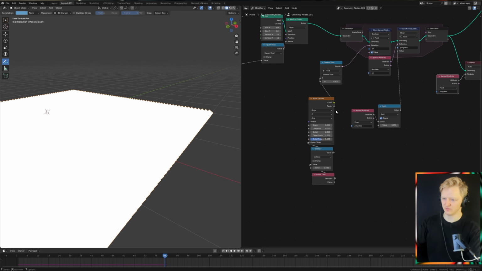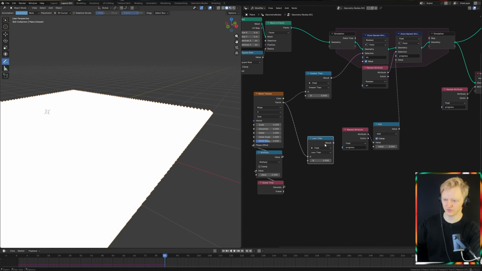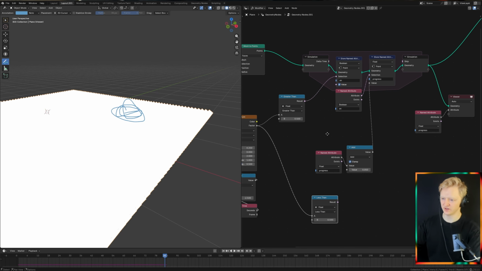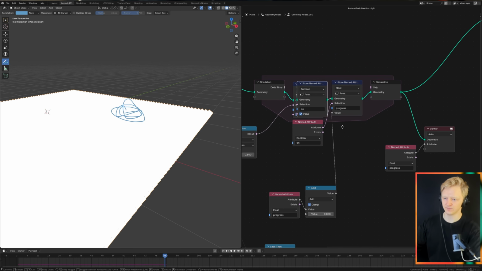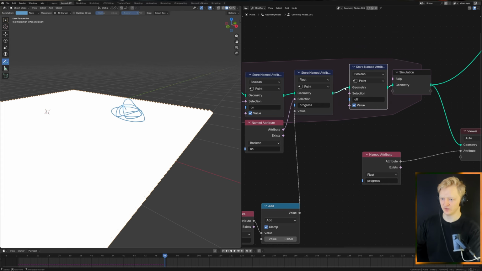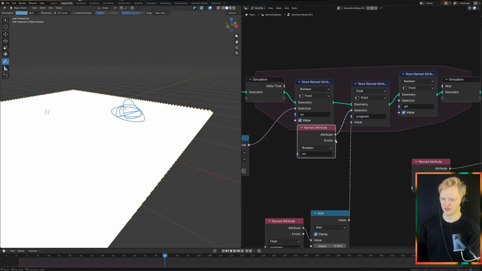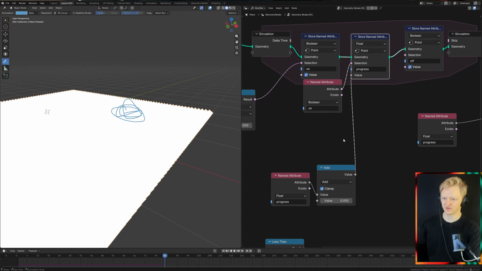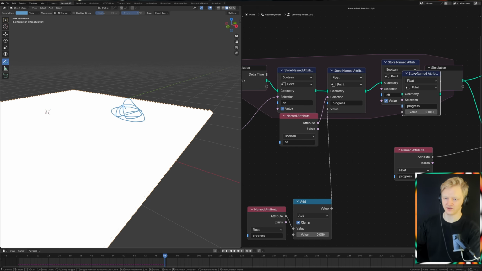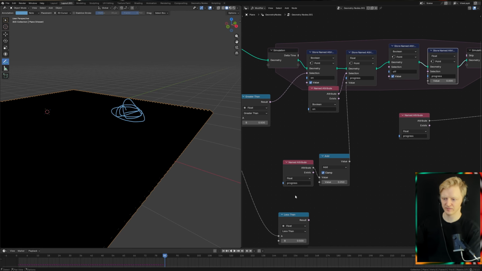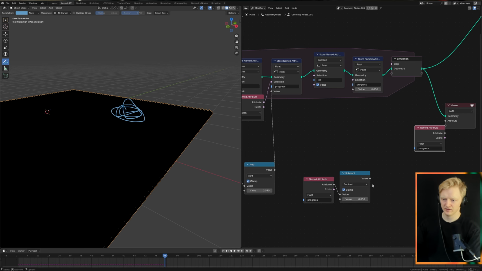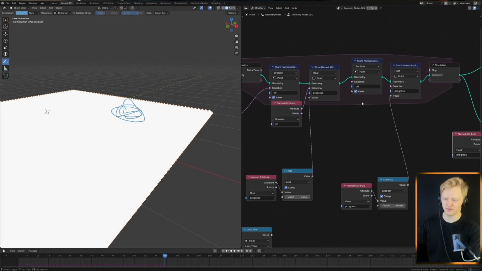We need it to be triggered to, once it reached value 1, we need it to be triggered to be off. So add off, and off attribute is going to do the same thing as on attribute, and progress here is increasing, but later it's going to be decreasing. So it's going to be like progress subtract 0.05,